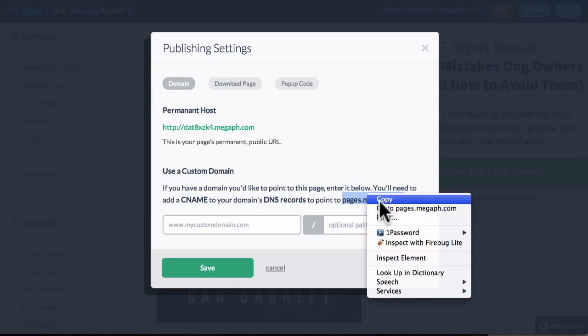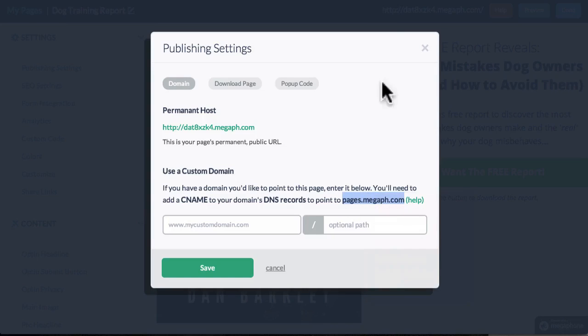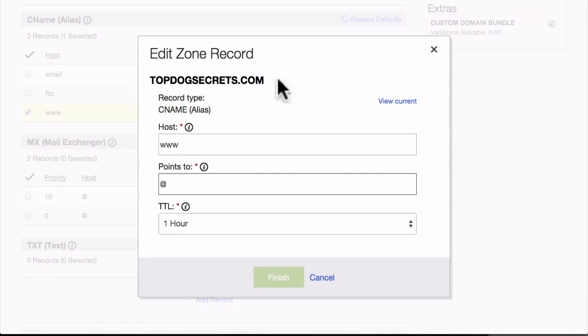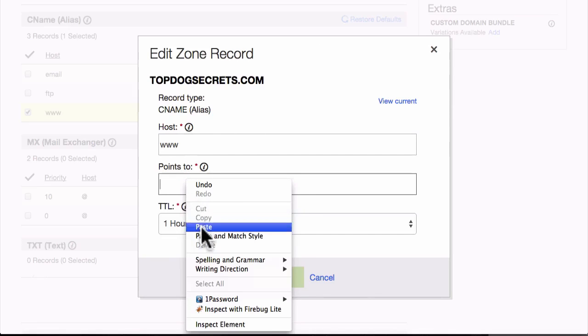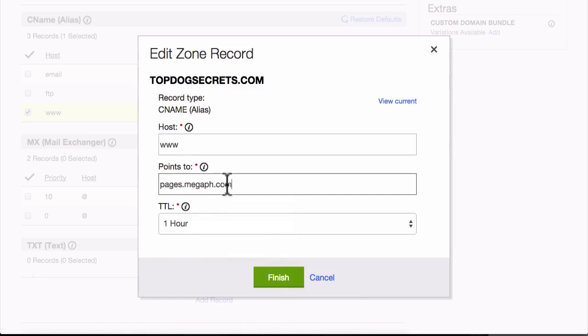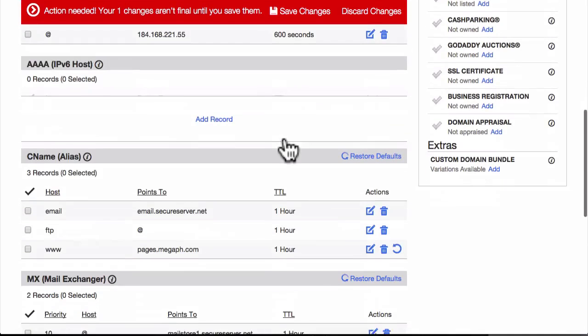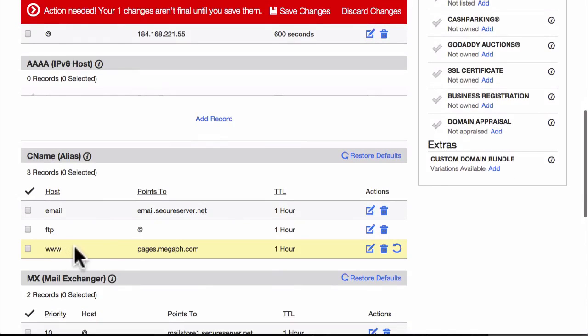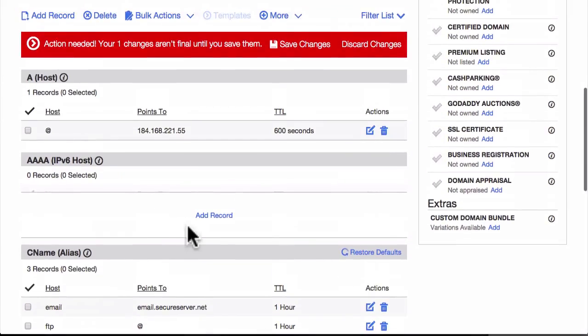pages.megaph.com. So let's copy that right there, and then let's go back to it, and we're just going to change this. Points to pages.megaph.com. All right, so then as soon as we put that in, go ahead and click on Finish. All right, you guys, so now that we've added that in, www,